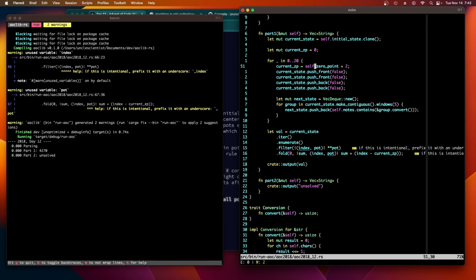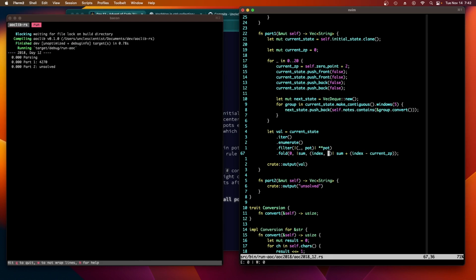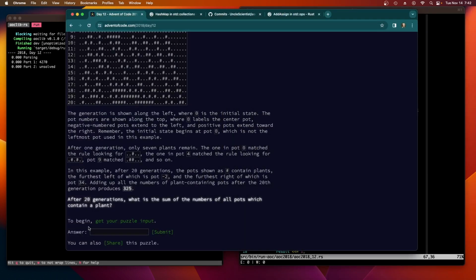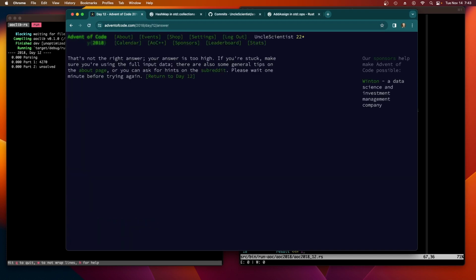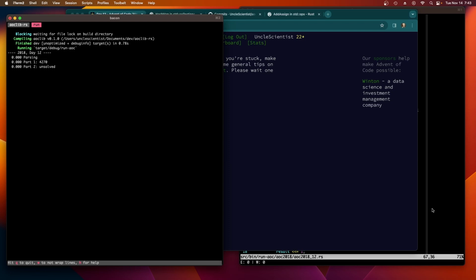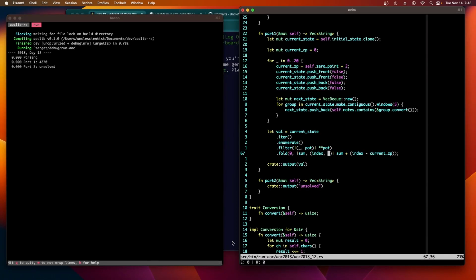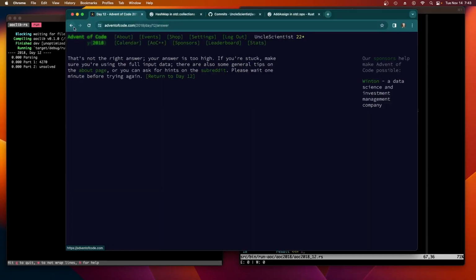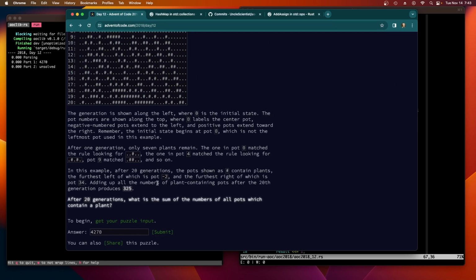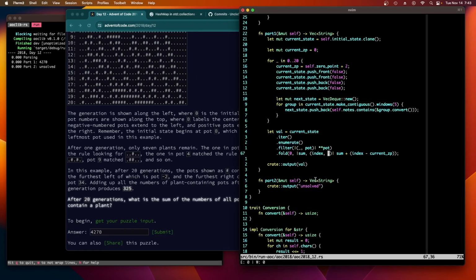And we don't need the index in the filter, and we don't need the pot in the fold. 4270. That's not the right answer. Answer is too high. Okay. It's whatever our index is, 0 minus our current 0 point. Okay, so this is where we have to,